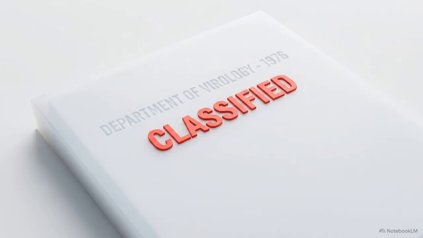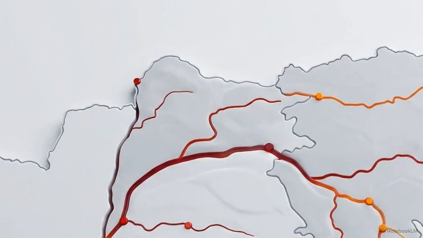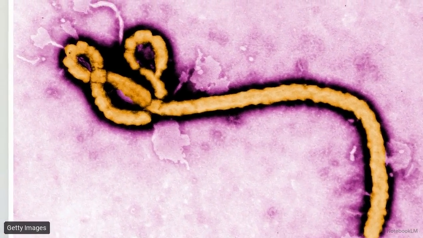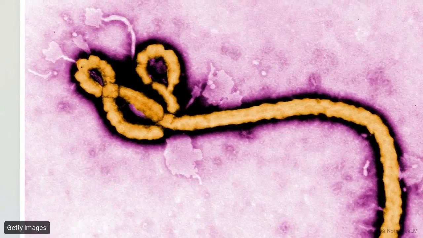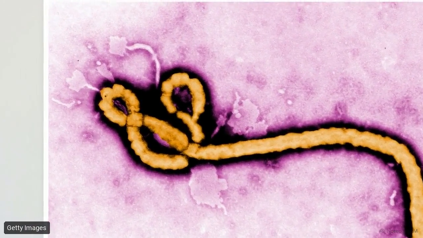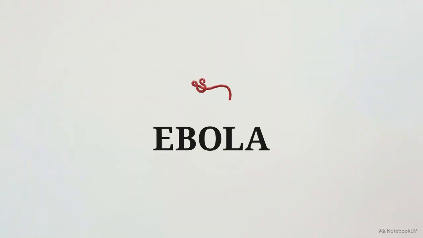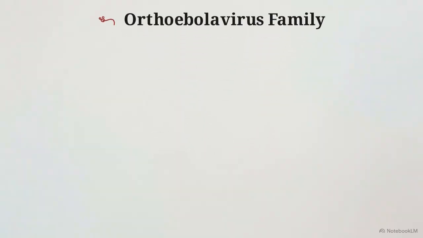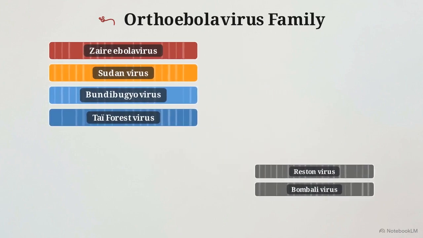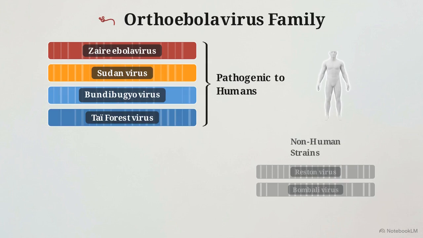Objectively, Ebola is a viral disease first identified by scientists in 1976 near the Ebola River, located in what is now the Democratic Republic of the Congo. This microscopic image captures the physical reality of the threat. It belongs to the filovirus family, defined by this distinct worm-like filament structure. The word Ebola is often used as a single label, but it actually refers to a family of 6 distinct genetic strains. Out of those 6, only 4 have been recorded to affect human beings.